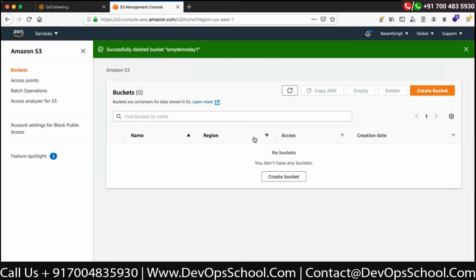So that's what the service is basically for. And it is a very good service which is not only helping the developers, but from the point of security as well. It can help us too, because we can store our logs or log files or any other